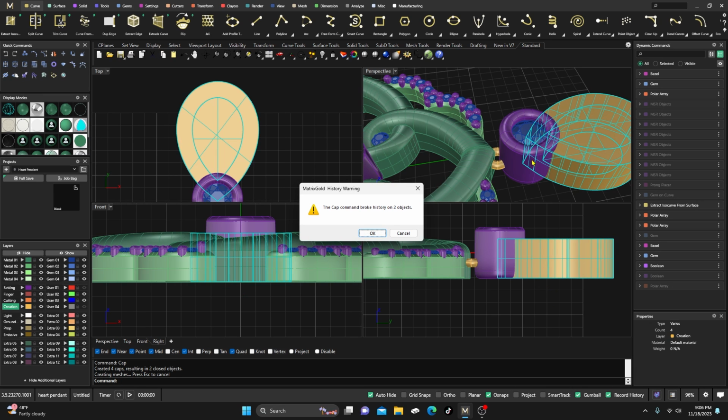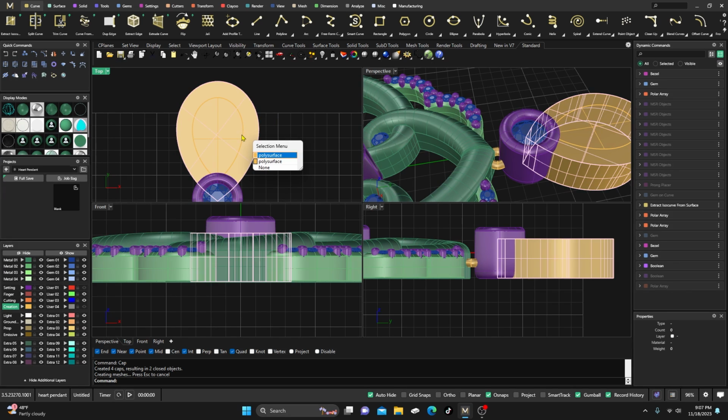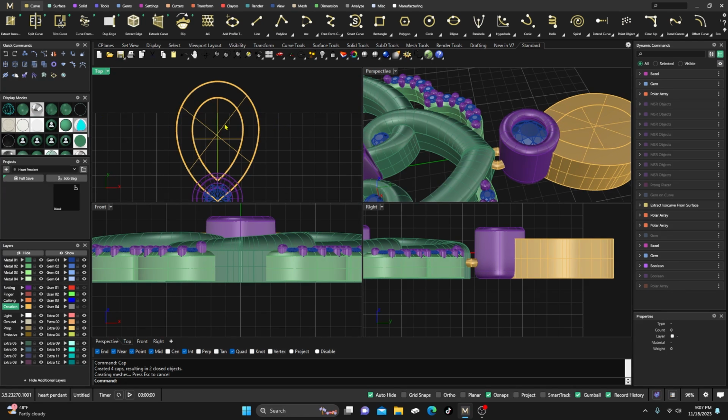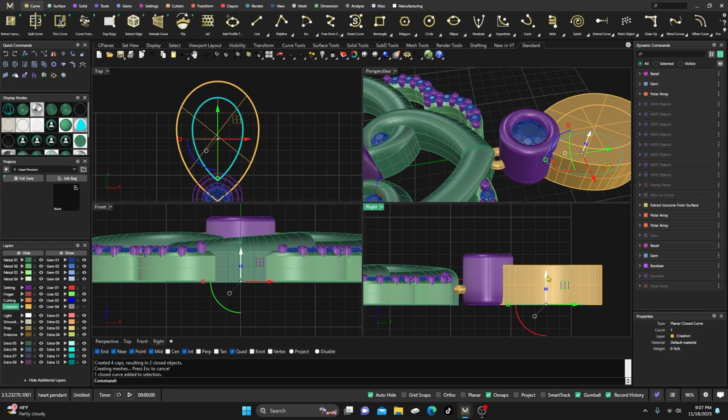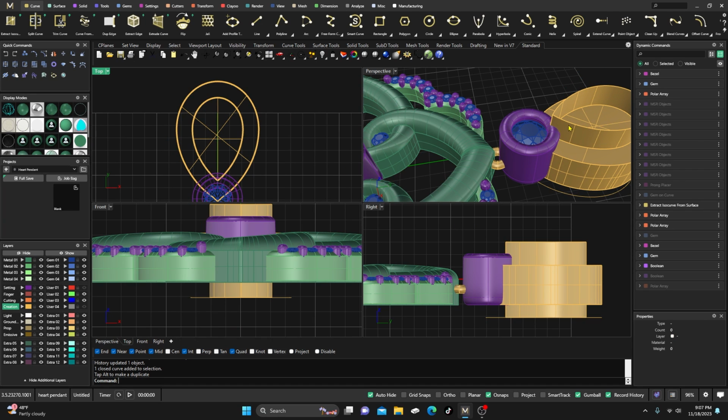I don't know. Oh, it capped it all off, so we don't want that. Well, we can take that actually. We can go back and select that original curve if we can find it. This one here. And we can maybe drag it down and select it again, curve. Yeah, and extrude it up and then cap it off. Okay, and this